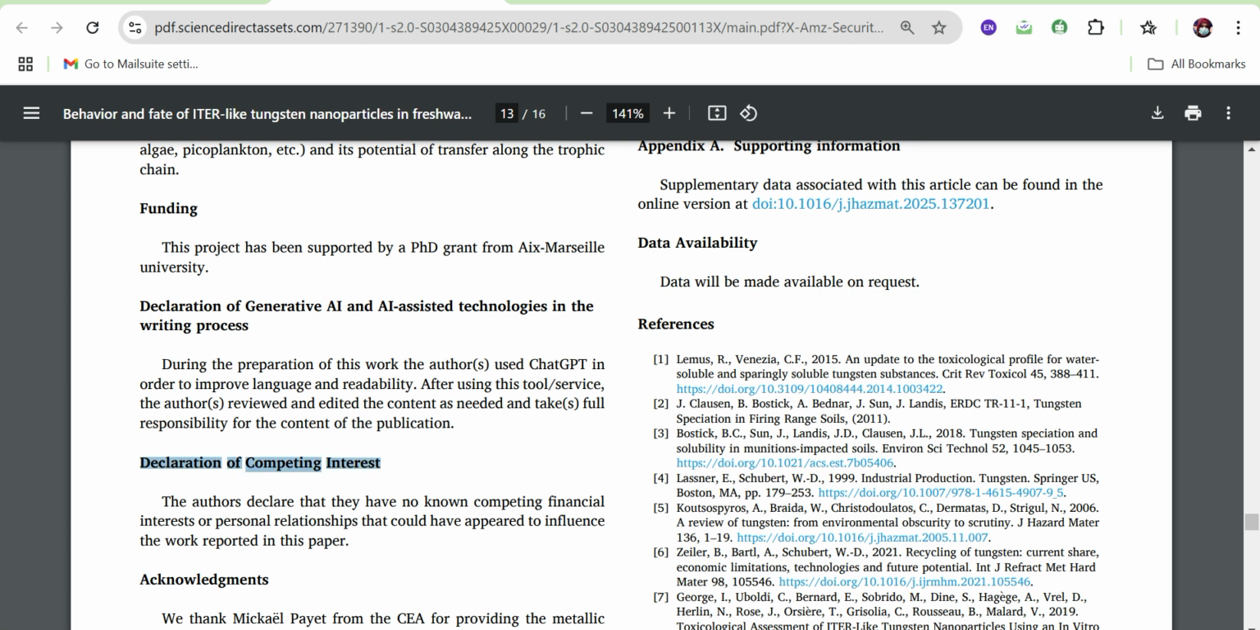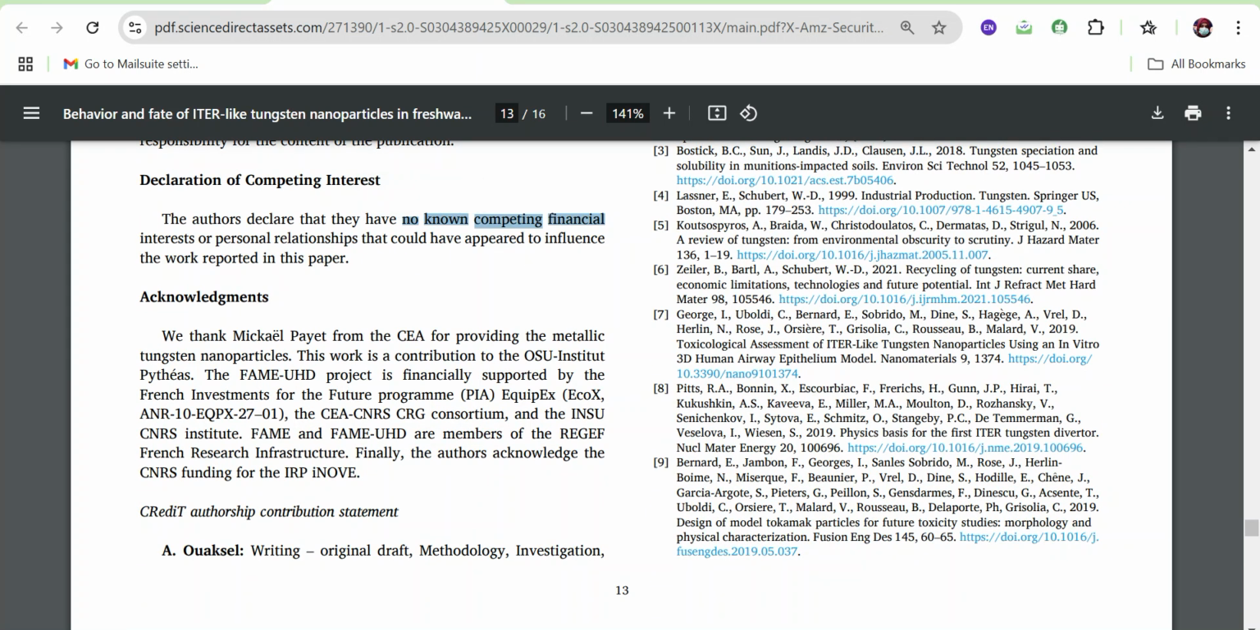And here is a declaration of competing interest. If you have nothing to declare financially, you can mention we have no competing interest, and it is followed by the acknowledgement section. You can mention the names of people who have helped you while writing the paper or while